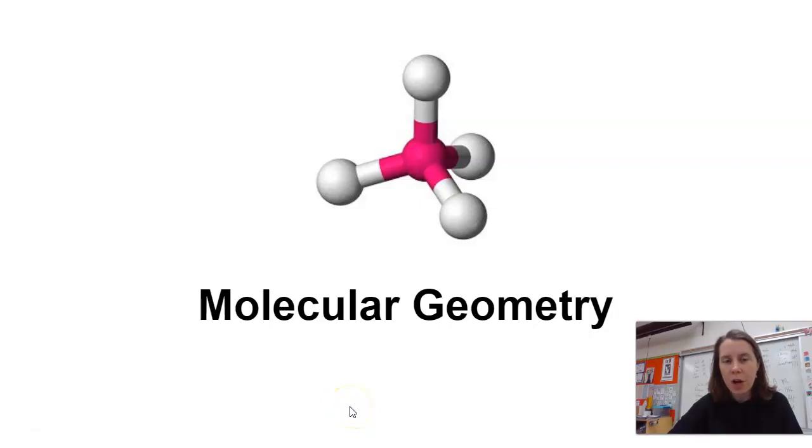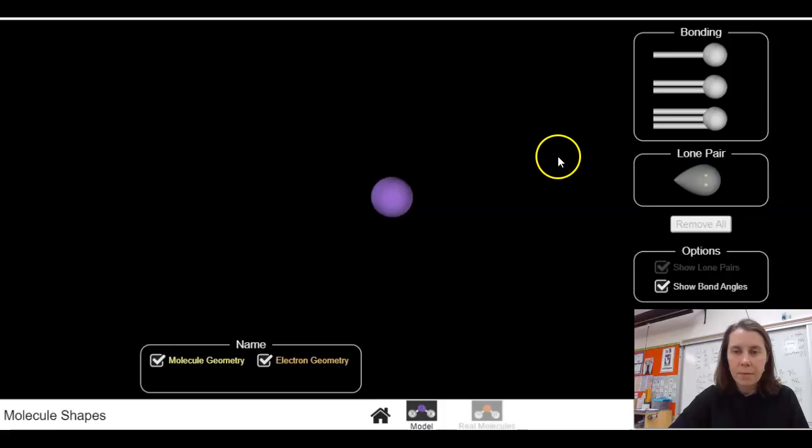Hello, today we're going to talk about molecular geometries, and I'm actually going to start in a simulation that we're going to use in class, but I think it makes it a little bit easier to see the shapes in 3 dimensions. Here we have the PhET molecule geometry simulation, or molecule shapes simulation, which you're going to use in class, and it has an atom in the middle, and then we can add bonds or non-bonded or lone pairs